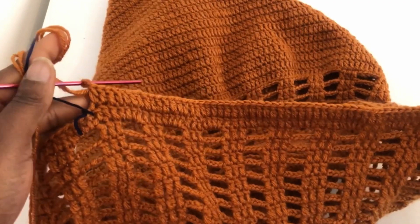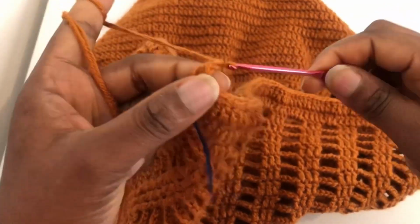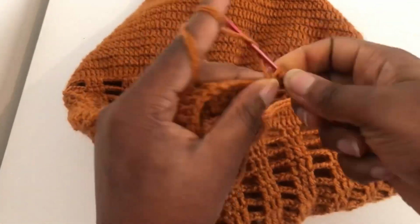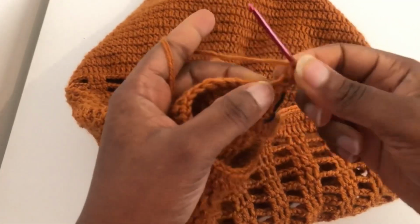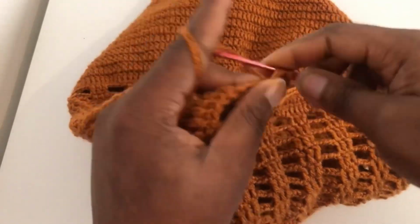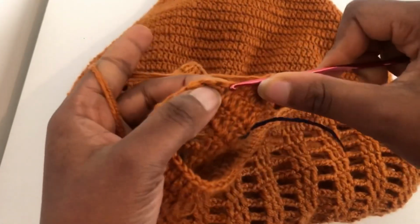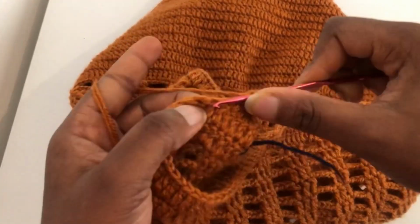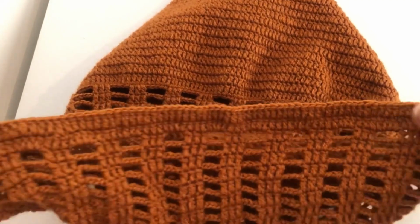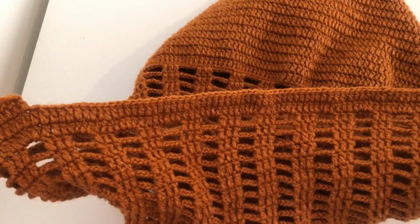So now I've gotten to this end. What you're going to do is chain 1, turn over, put 1 double crochet in the first stitch and in the rest of the stitches. So you're just going in with 1 double crochet in each stitch. So you're going to continue back and forth from these two ends with 1 double crochet in each stitch